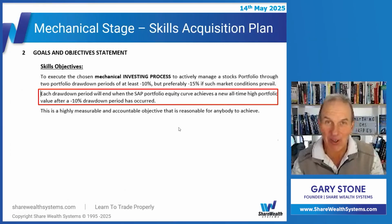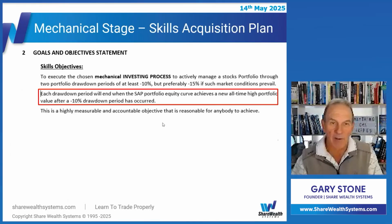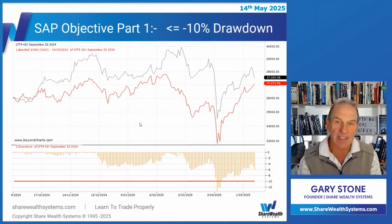So I'm reminding you of that because most of the LTTP study group portfolios have achieved the first part of that objective, and that is that they've got down to at least a 10% drawdown, bar 1, which we'll have a look at in a moment. So that's the objective. So let's have a look at the September